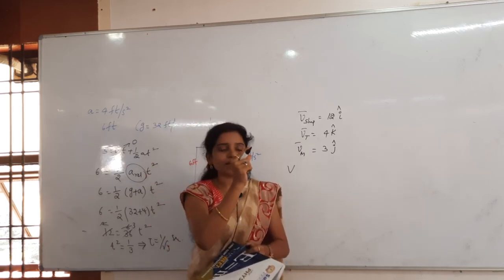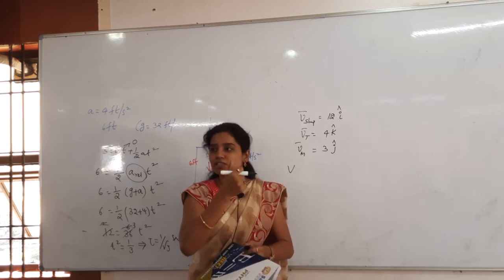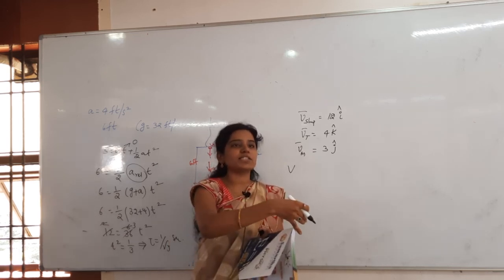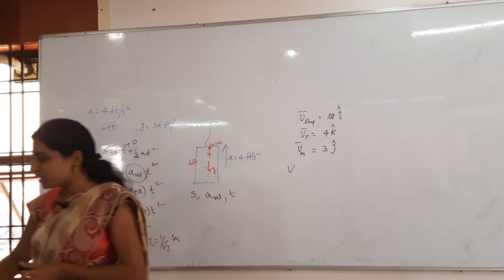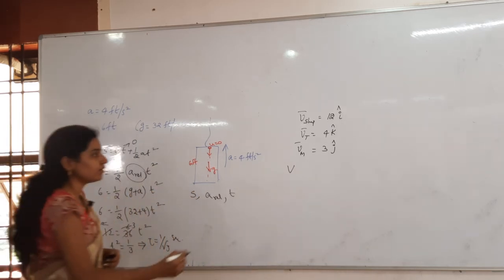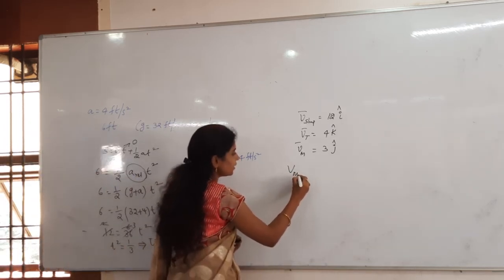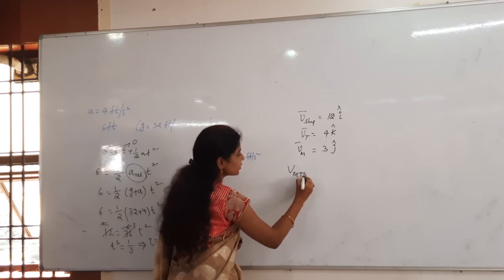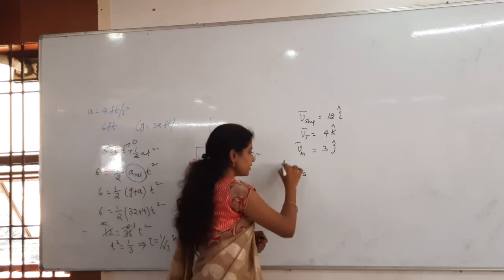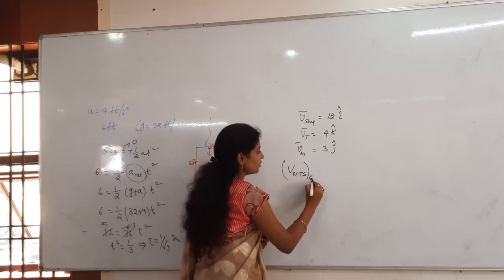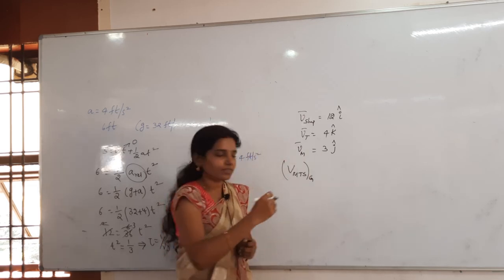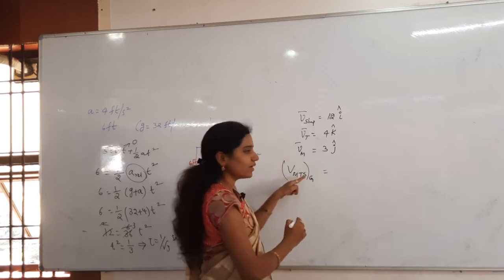He is observing the monkey, but the monkey is gaining which velocities? The truck velocity as well as the ship velocity. So what you have to do is find out the velocity of the monkey with the truck with the ship. That is with respect to what? Ground, or the person on the ground. How many velocities is it having?